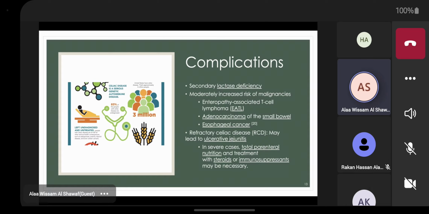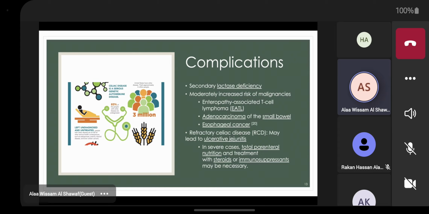Patients might also develop refractory celiac disease, which is persistence and worsening of celiac symptoms despite strict adherence to a gluten-free diet for 12 months. This condition manifests with one of 3 possible courses. The first one is only partial improvement despite a gluten-free diet. Second is initial improvement but relapse despite maintaining a gluten-free diet. And lastly, non-responsive celiac disease, which is no response to a gluten-free diet.